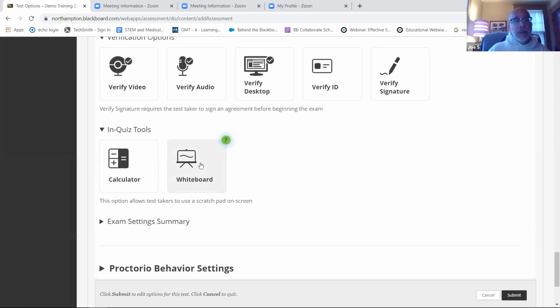So for people in math, Dana, it might be helpful for them to have a scratch pad, if you will, to allow them to do some calculations. I know you said not a calculator, but maybe a scratch pad. I know that some of the faculty that are using it in certain disciplines want to see the students' work, and that whiteboard will allow for that if they're monitoring their screen.